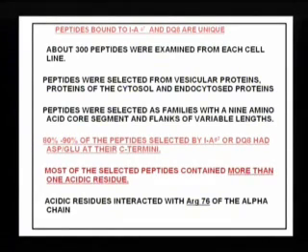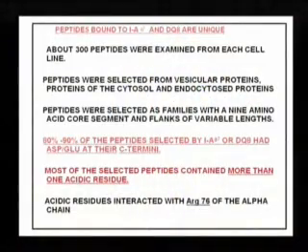Now, the feature here of the diabetes propensity molecules is that 80 to 90% of the peptides selected by DQ8 or G7 have acidic residues at the C-terminus. Okay. It's a highly specific selection of peptides. It's one of the most specific of the MHC molecules that have been recorded. And most of the selected peptides, interesting, contain more than one acidic residue at the C-terminus.